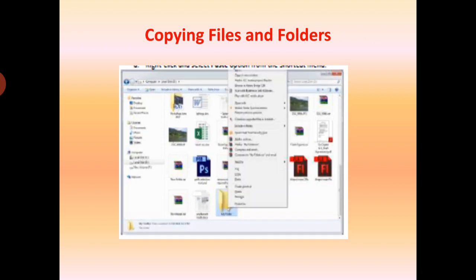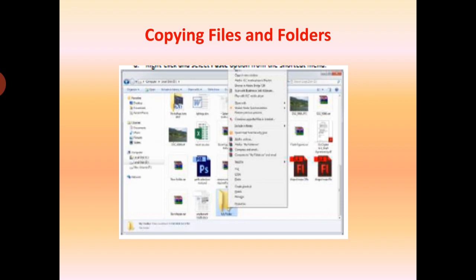Now students, how to copy files and folders? Students, you know, when you copy a file or a folder, a duplicate of the original file or folder is created at the new location. The original remains as it is. You can copy a file or a folder in many ways.